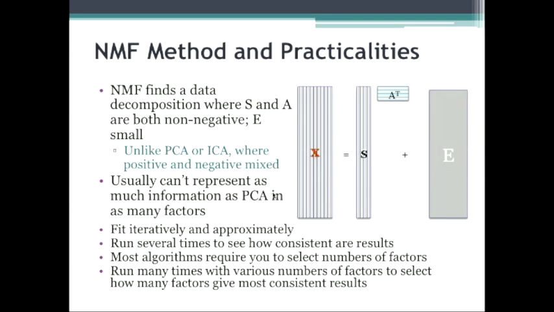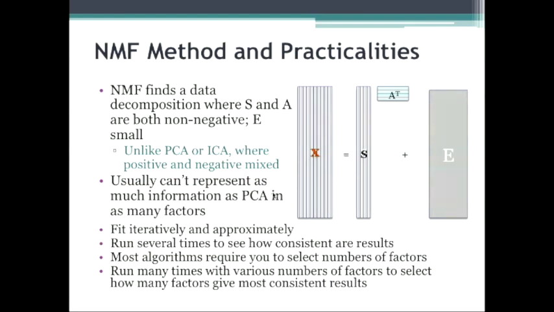Very good question. Well, we actually use this instability feature in a sense to our advantage to answer this question. So what we typically do is we run the NMF algorithm again 10 or 20 or 100 times with 4 factors or 5 factors or 6 factors, and we look at how consistent those runs are. If we look at 4 factors, we may see that we're getting a lot of jumble. We're getting things that don't really correlate very well.